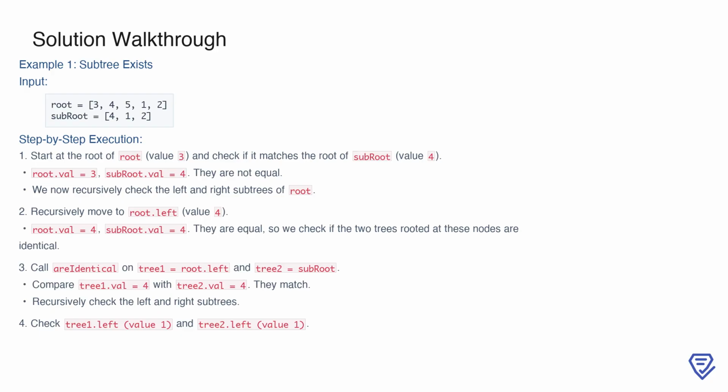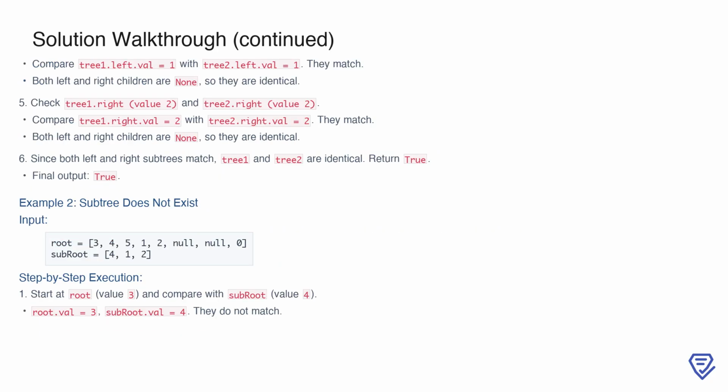First, we compare the left children, which both have values of 1. Both nodes have a value of 1, and additionally, both their left and right children are none, so this part of the trees is identical. Moving to the right children, we compare the nodes with values 2 in both trees. Again, the values match, and both their left and right children are none, confirming that this part of the trees